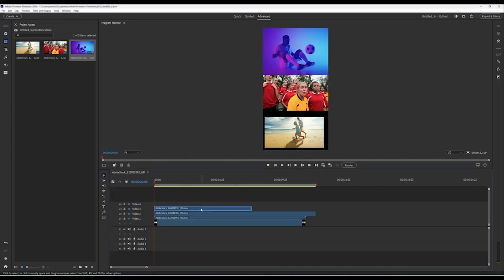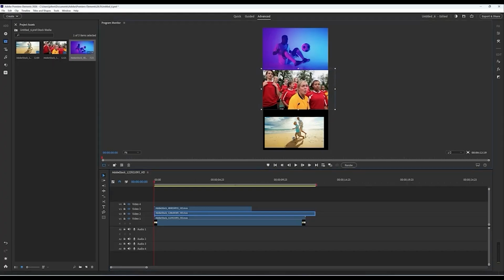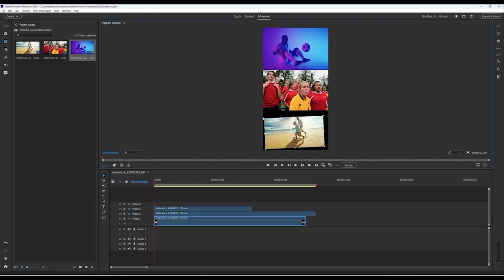If I select the first one and choose the transform tool, you can see that I can start to position it as I want it directly in the project monitor. So this is much more intuitive. And again, the second one, I can just bring more of the people into the frame. And finally, the third one, choosing the transform tool and just resizing. I don't want to rotate it, I want to drag the corner handles, something like that. And if I play it now, you can see we have this three-way split screen all produced